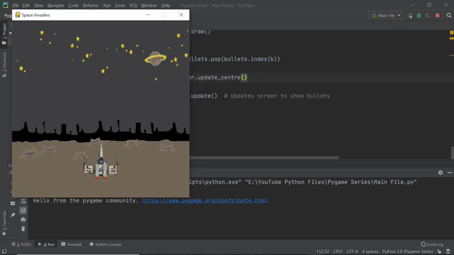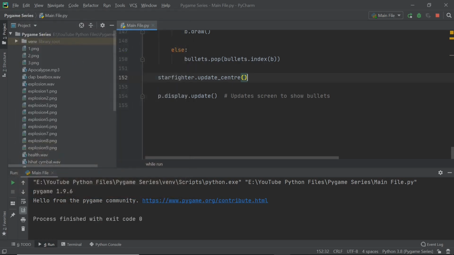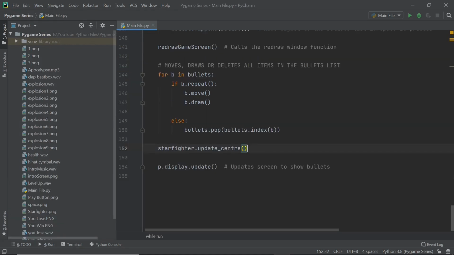And now if you actually shoot your bullets, you can see that we always have it coming through the starfighter's nose. It's still kind of a bit strange because we are shooting so many bullets at the same time, but we will be fixing that right now. Now fixing the bullets is going to be pretty hard because the solution that I'm going to put to you is